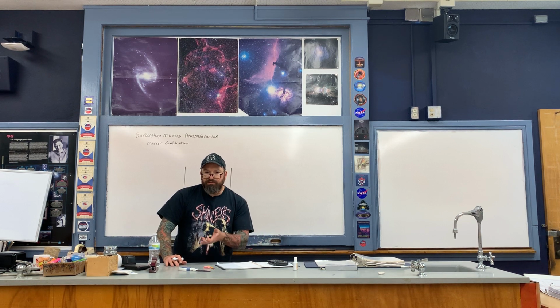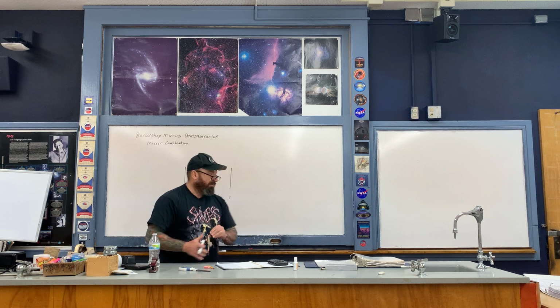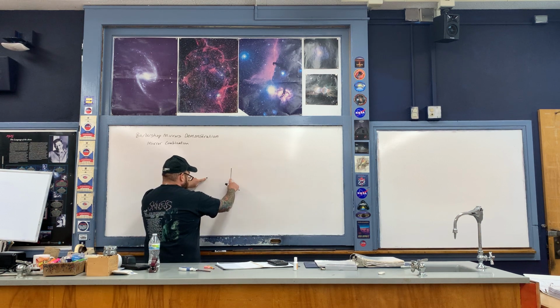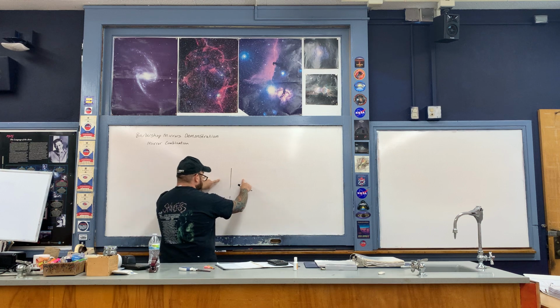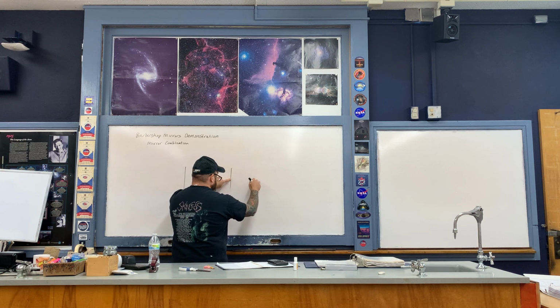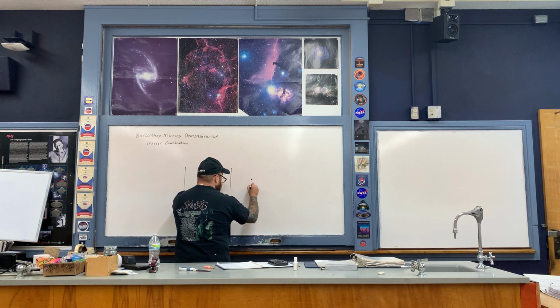So let's see what happens first of all with the first mirror. Okay, right here is the object distance then for the first mirror. This then means that the reflection is going to be at the same distance behind the mirror. That is then therefore over here. So this right here is the first reflection